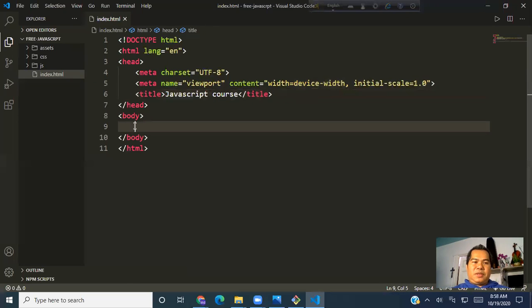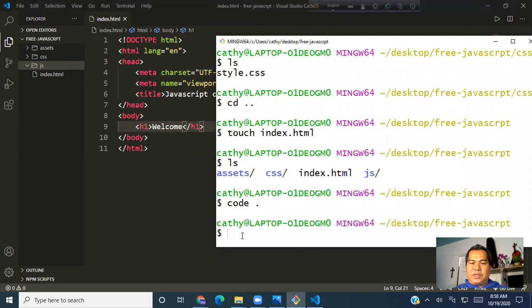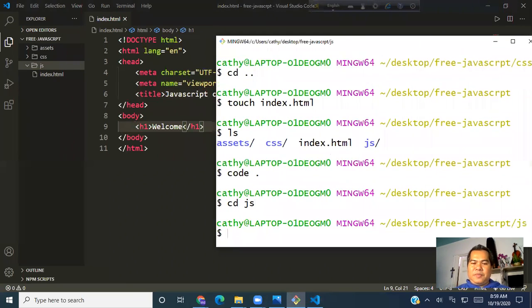Okay, this is HTML file. Okay, and I can just say welcome. Okay, and how will we open JavaScript? I just click on JavaScript folder. I can also just make the file from here. Okay, to do it I have to go to cd js folder. Okay, if I want I can do it from here directly. Here is folder. If I click here, another folder will be created, and if I click just here, it will create a new file. Okay, we can create from here also, but I prefer to create files and folders from